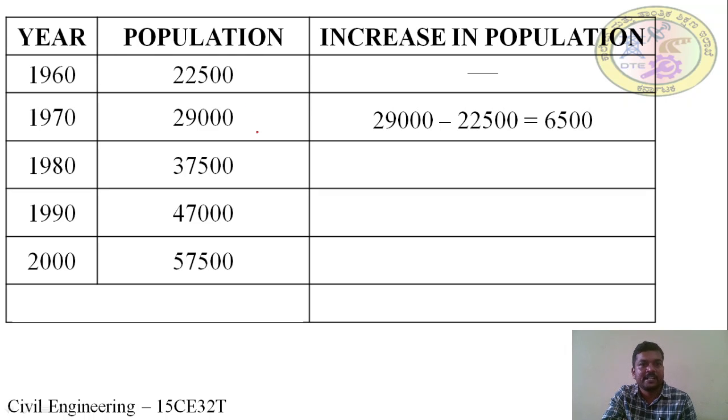Similarly, the increase in population for 1980 is the difference between 1980 and 1970, that is 37,500 minus 29,000, which is equal to 8,500. The increase in population for the year 1990 is 47,000 minus 37,500, which is equal to